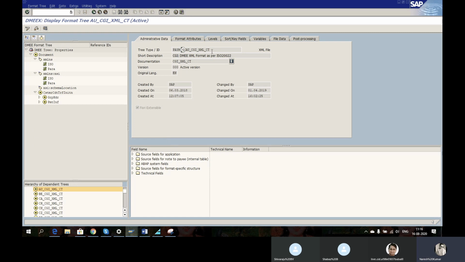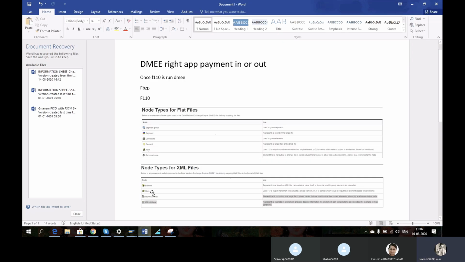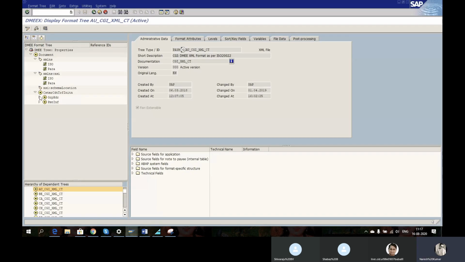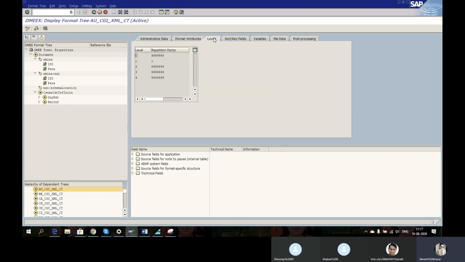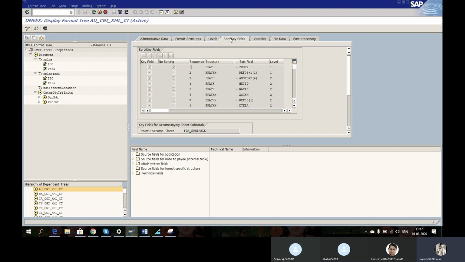XML format. This is what we have to see: element, atom, technical node, XML attributes. This is elements. This is atoms. Now let us see what is there in attributes. We have FPNCGI, level, and sort key.